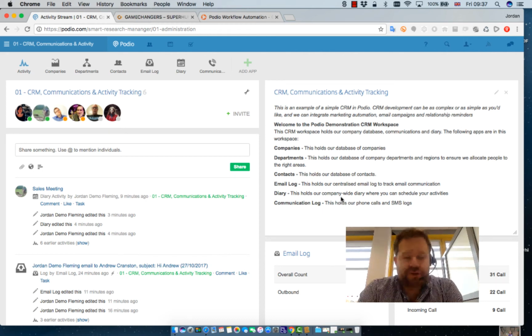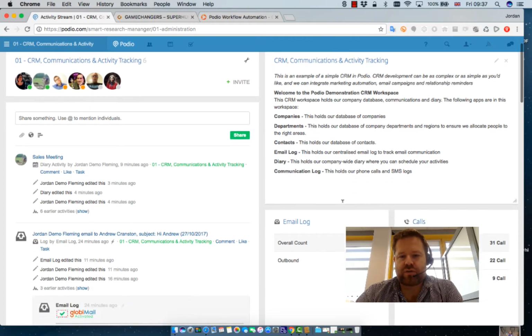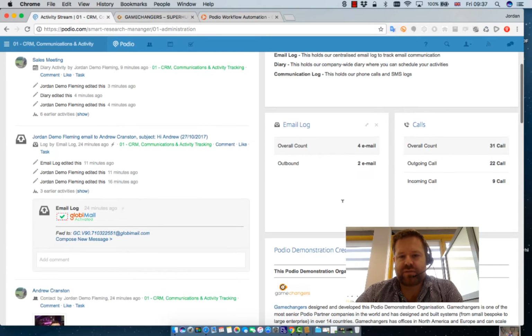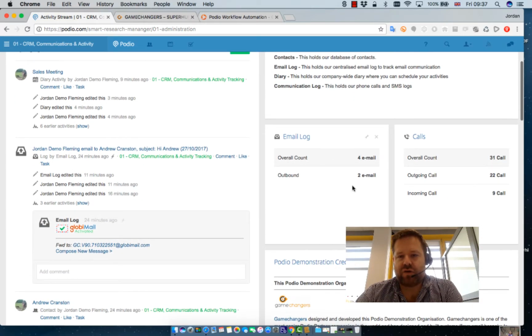Hey, the first thing I want to show you is some of the CRM workspace. Now, as you see here, there are a set of 6 apps. This is sort of a standard CRM workspace setup that we do for most of our clients. And you can also show them that this activity stream can be a great place to log sort of